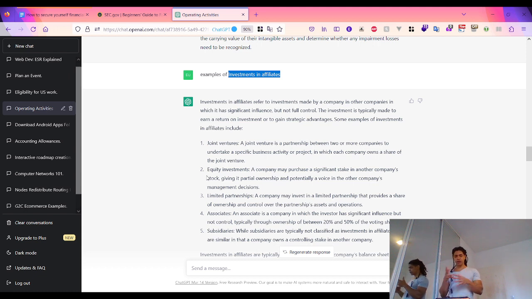A couple of examples are joint ventures, a partnership between two or more companies to undertake a specific business activity, such as Crocs